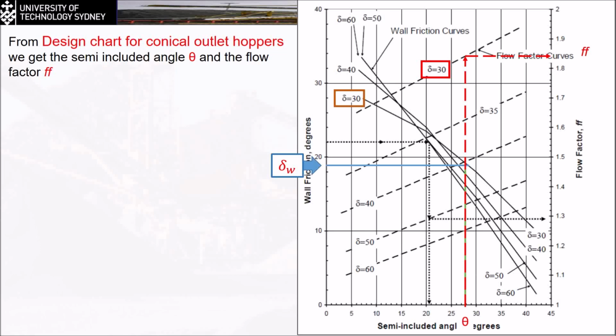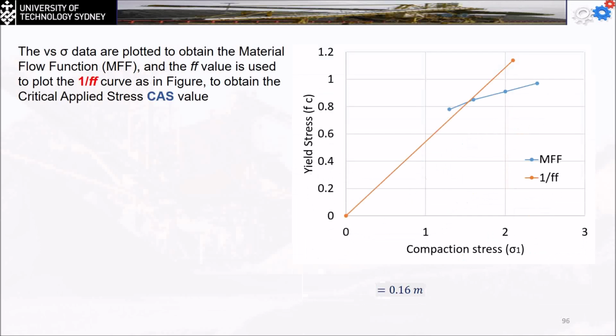The theta will help me define the H theta, and the FF will help me to find the value of the slope of the 1 over FF curve. So that's what I'm going to do. Sketch the 1 over FF curve, and the 4 points I have for the internal fraction will be used to sketch this line. They're going to intersect here,